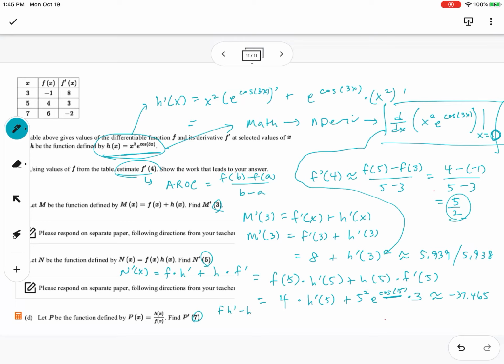Okay, and then part C is our quotient rule. So second times derivative of the first minus first times derivative of the second, all over second squared. And so f of 7 times h prime of 7 minus h of 7 times f prime of 7, all over f of 7 quantity squared. Right? And then you just go to your chart, do the same thing, you work that out, and you have to get an answer of negative 8.93, or negative 8.929, that kind of idea. Okay, so there